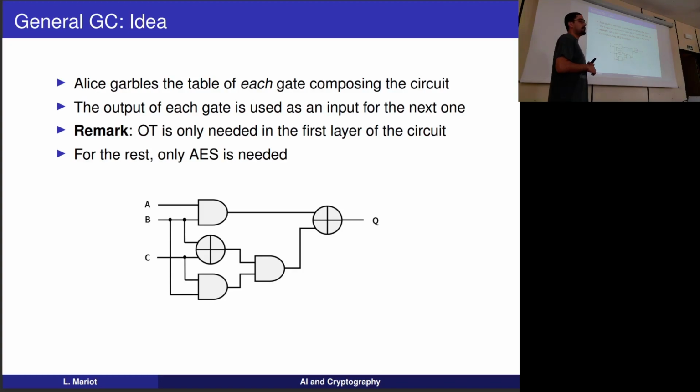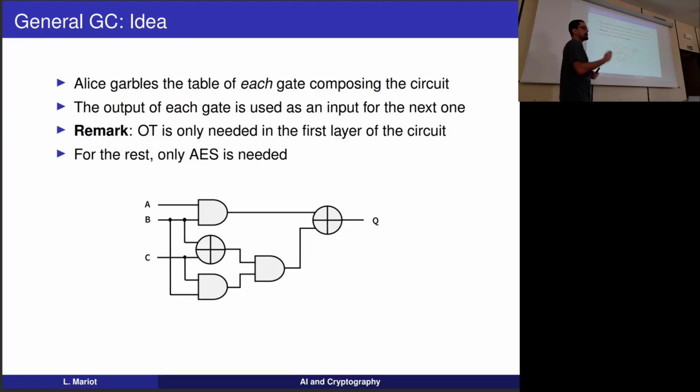So any Boolean function, and if we are able to implement the function that we want to evaluate by using private inputs, in a distributed setting where the users do not want to share their inputs with the others, then we can use this construction if we are able to transform this function into a Boolean circuit. And it's quite efficient in the sense that we only need oblivious transfer, that is the